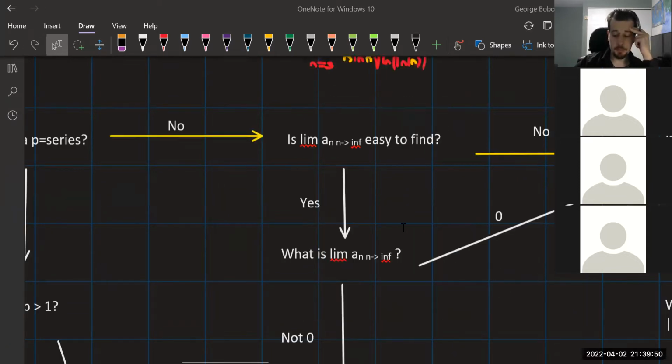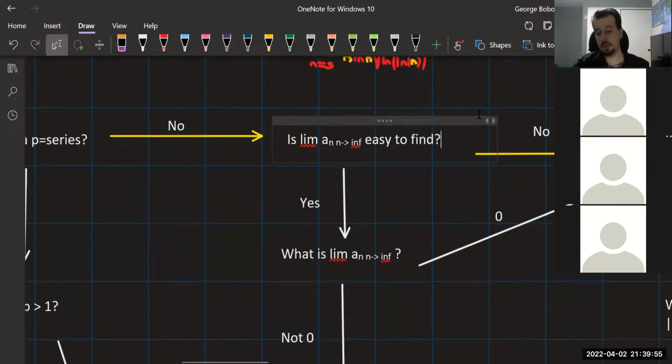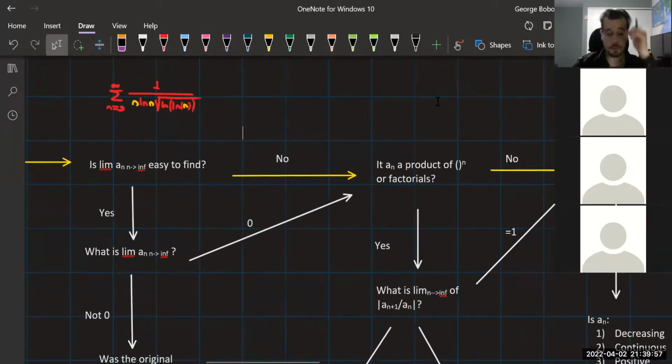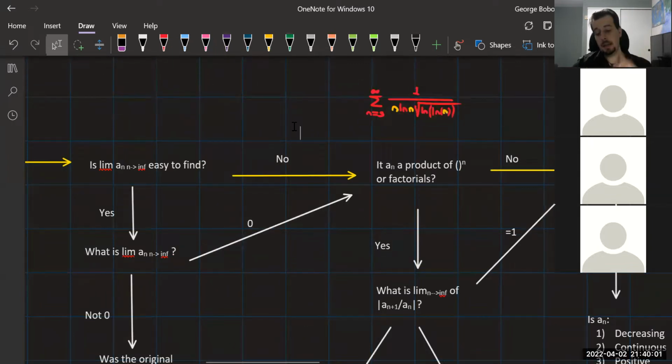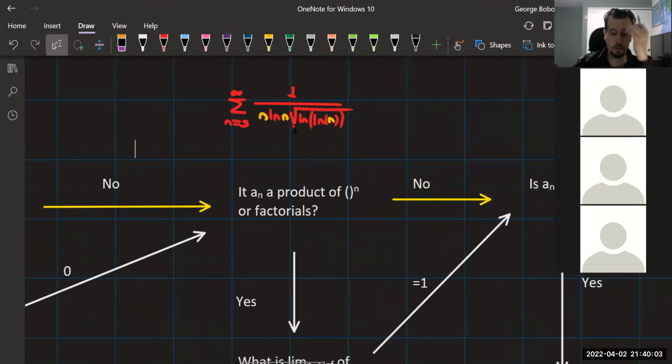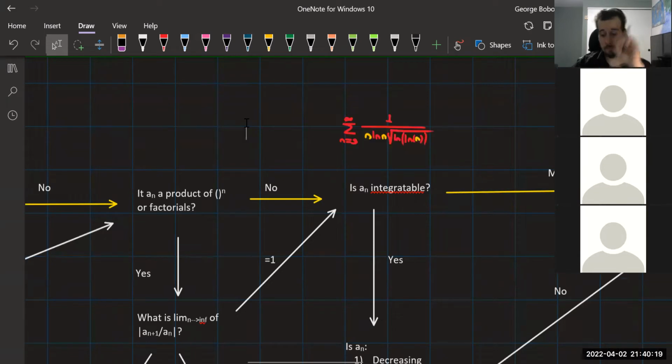So you did the limit. And you got 0, so you're moving again to the right. It wasn't conclusive. The divergence test was inconclusive. Is it a product of factorials or weird bracketed powers of n? No. Okay, again, you need to think of the next one a little bit. Please think about it before you answer.